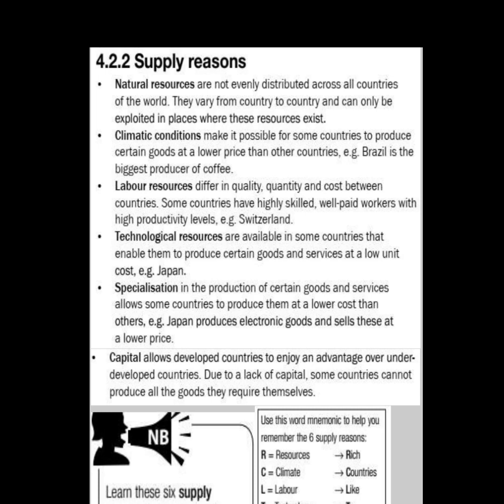We are rich in minerals. As we know, African countries are rich in minerals, but they are so poor. And you find that America doesn't have any minerals, but it's so rich because they have technological resources. Because as we